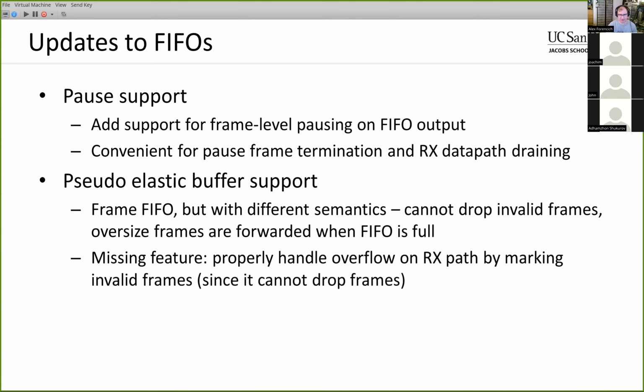And then the other change I need to make is in relation to what I'm calling pseudo-elastic buffer support. Basically, the idea is to have a frame FIFO, but with slightly different semantics. We can't drop invalid frames, and oversized frames are forwarded when the FIFO is full as opposed to dropped. And the idea with this is it allows a much smaller FIFO to basically do the same thing as a